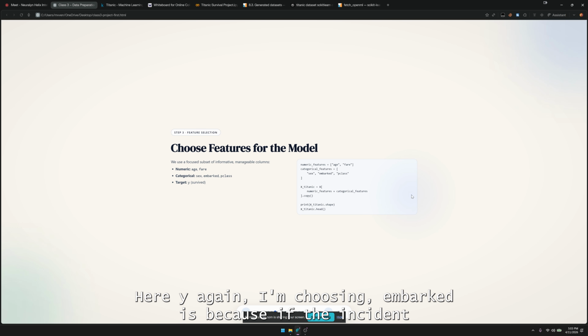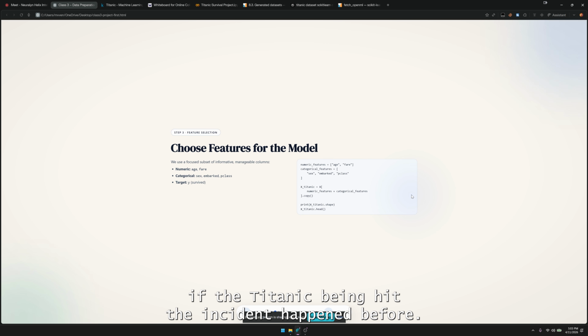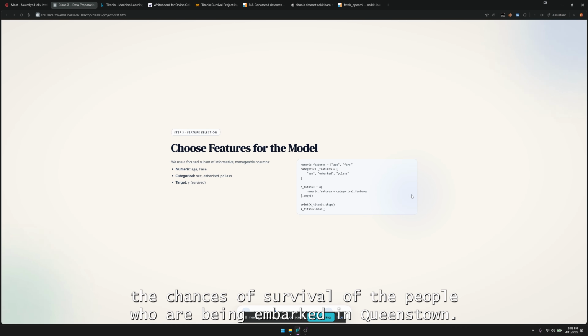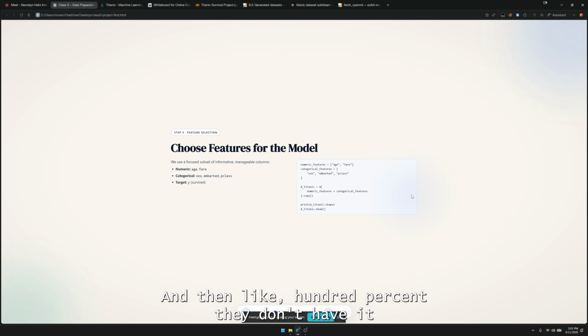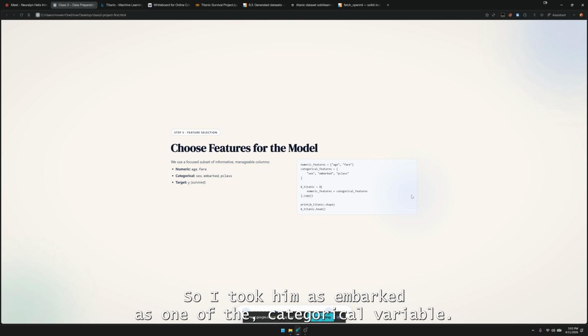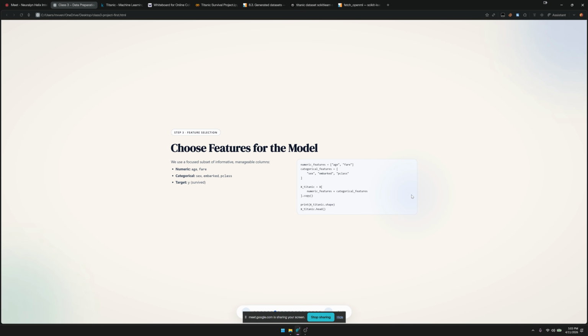Why I'm choosing embarked is because if the Titanic was hit, the incident happened before Queenstown, then the chances of survival of the people who embarked in Queenstown are like 100%. They all survived because the ship hadn't even reached there. So I took embarked as one of the categorical variables,